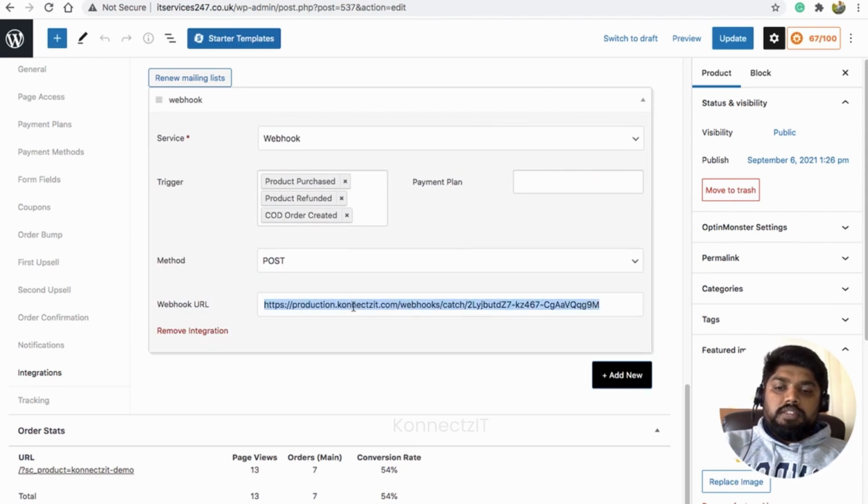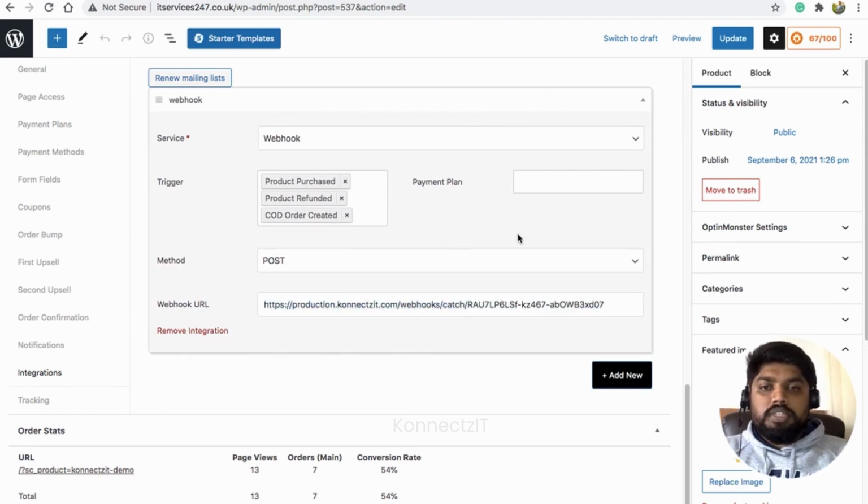I just placed the webhook URL, and you can see that I selected the triggers as product purchased and product refunded. So whenever a new refund happens, I'm going to take that as a condition too. Now I will click on update.